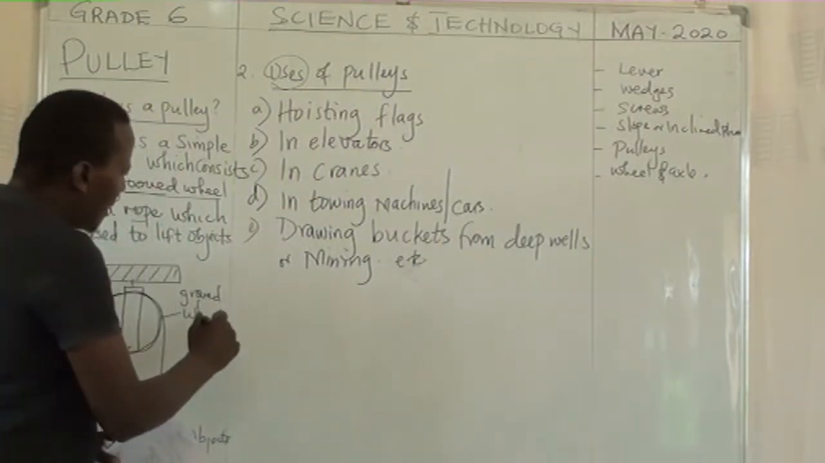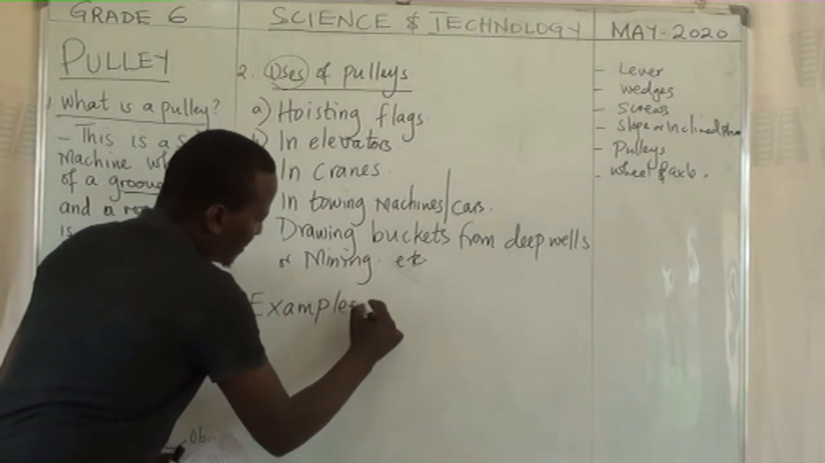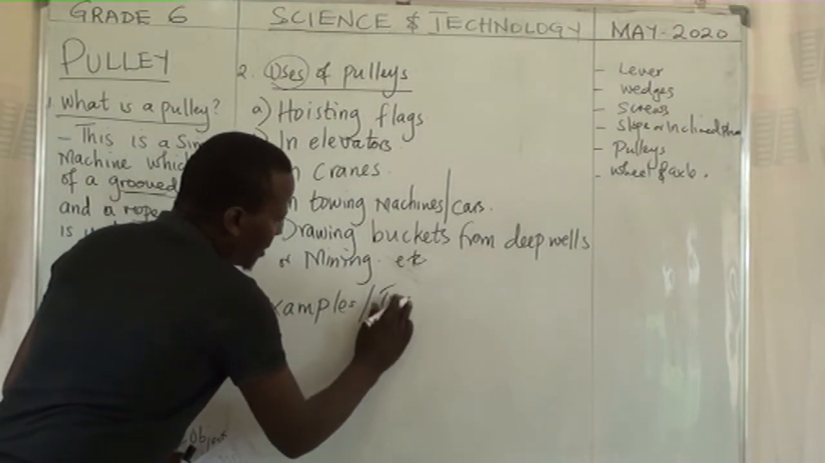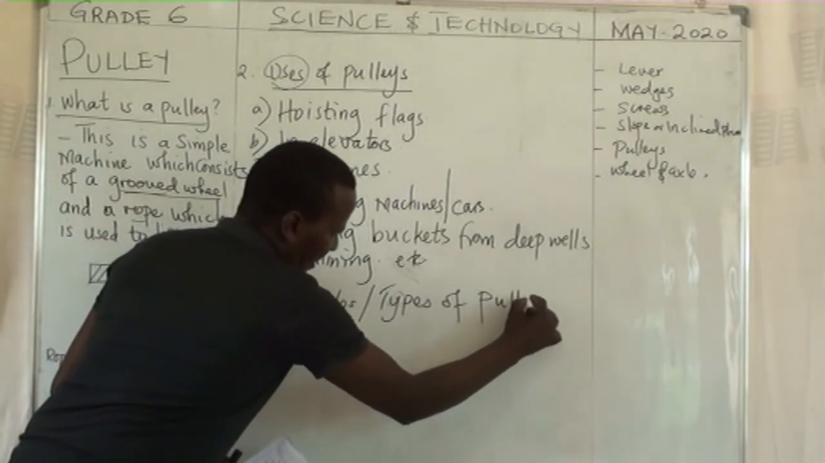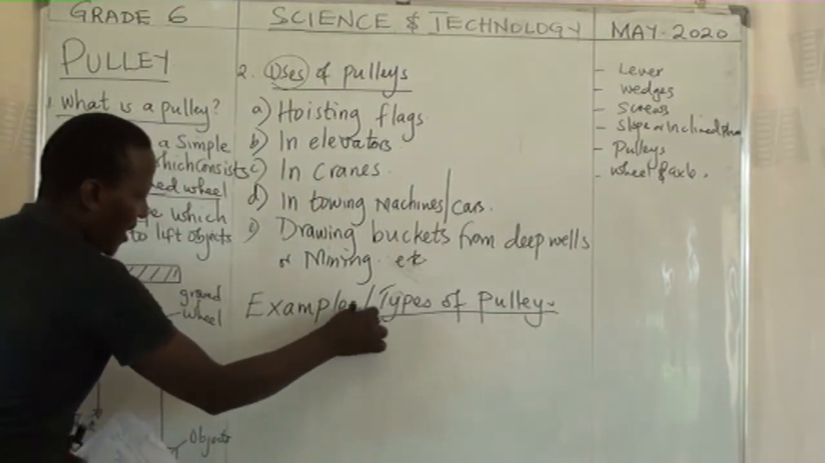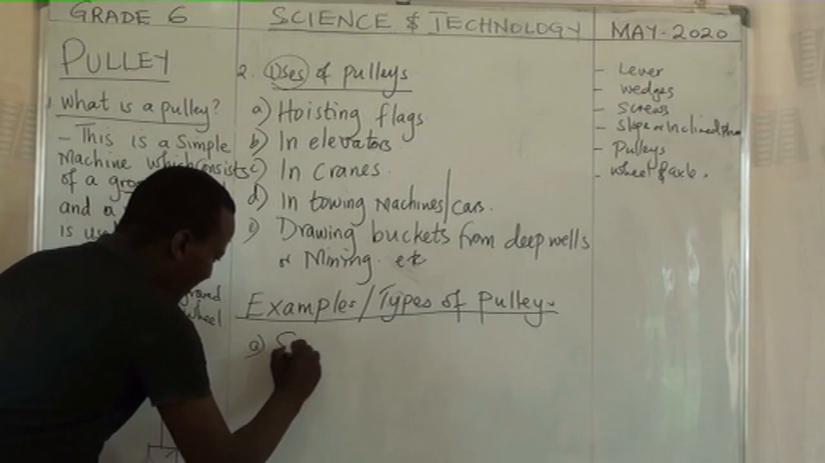Now, let's have the three types. The three types of pulleys. How many types of pulleys do we have? We have three. Number one, we have a type